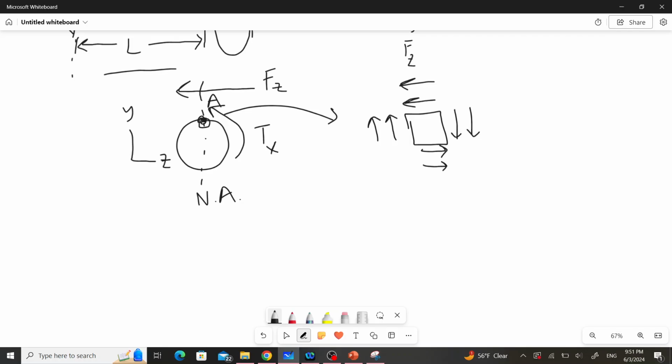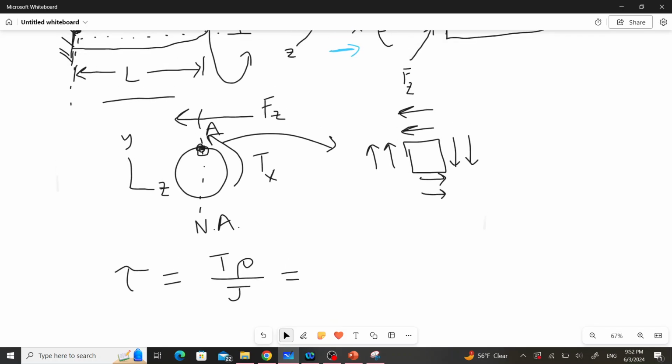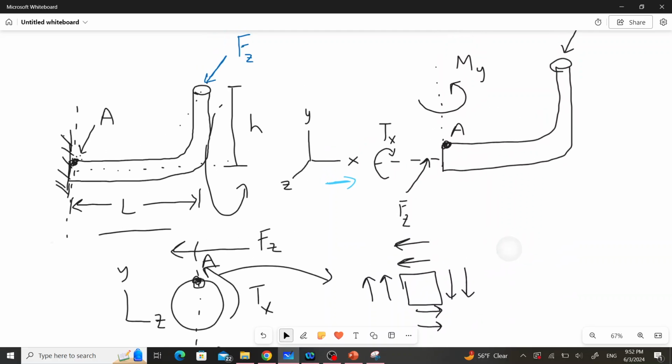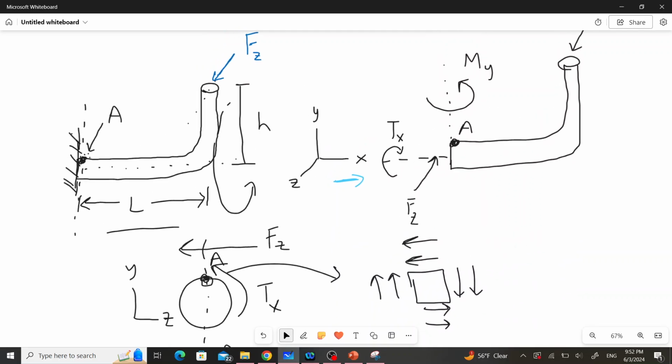So let's start with the first shear that we said was from torsion. We know that the equation for shear due to torsion is T rho over J. T being the torque, rho being the radius, the distance from the center of this circular cross section, and J being the polar moment of inertia. So that torque, let's look back up here to see what the torque would be. So the torque acting in the x direction,